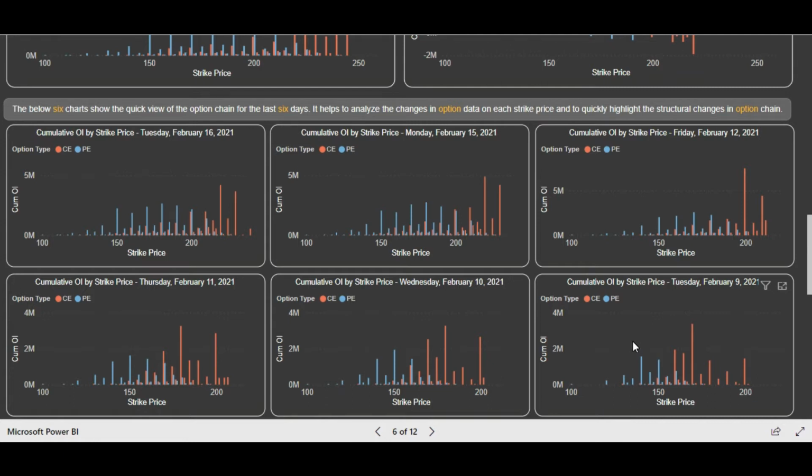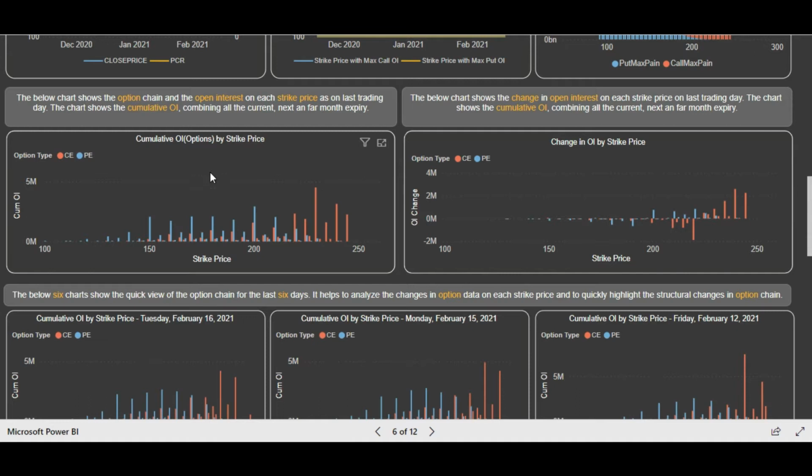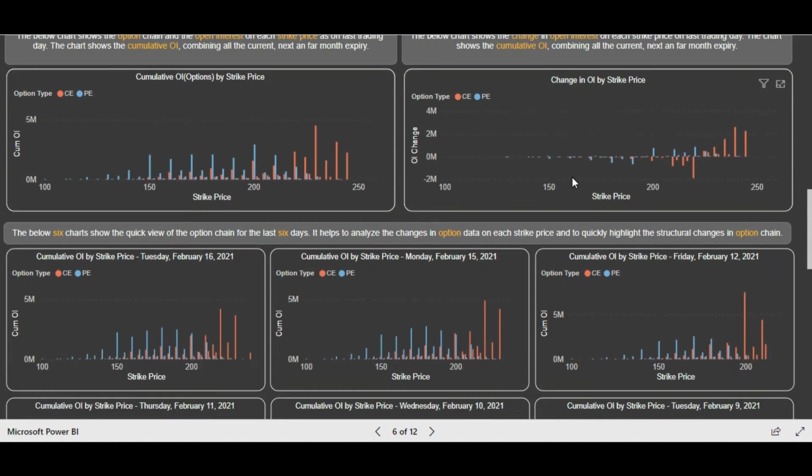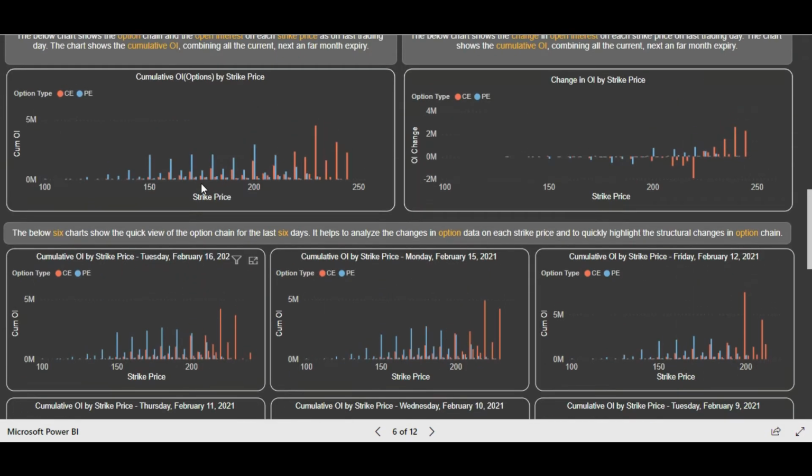This is the perfect example of how you can do the analysis. So you see past 6 days. Today it is 17th of February, so this is the current day data. As you can see, this is the current snapshot of the cumulative open interest of options at every strike price, and this is the OI change which happened today, right? And this is the past 6 days view, so total 7 days including the current day. You can see February 9, 10, 11, 12, 15 and 16. On 13 and 14 the markets were closed, Saturday and Sunday, the weekend, and then you can see February 16 and then the 17th.